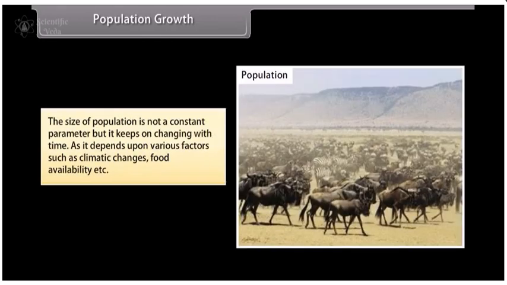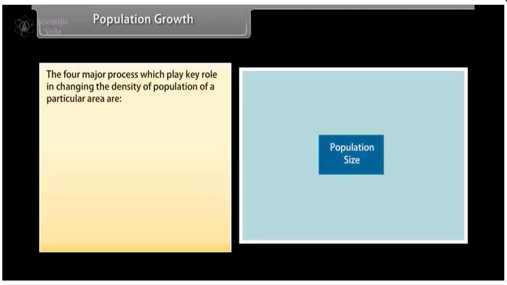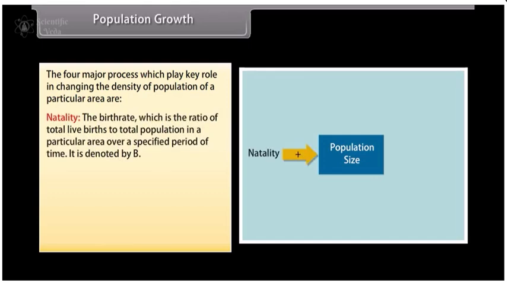Population growth. The size of a population is not a constant parameter, but keeps changing with time, as it depends upon various factors such as climatic changes, food availability, etc. The four major processes which play a key role in changing the density of a population of a particular area are natality, the birth rate, which is the ratio of total live births to total population in a particular area over a